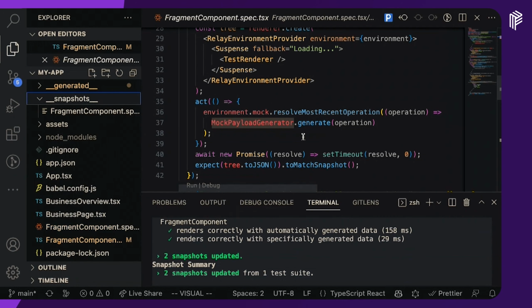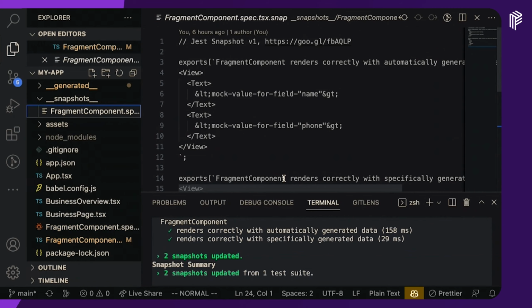So what I'm doing here is I'm just dumping the JSON into a snapshot file just to show you what it's generating. So here you can see it's generated mock value for field name, mock value for field phone, because we were querying those, and we just said this mock payload generator just generate fake data, and so it just put these fields in. But what you can also do is,